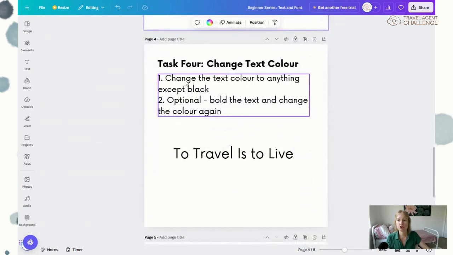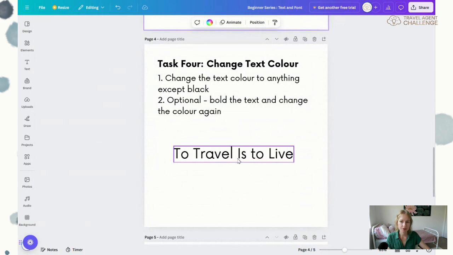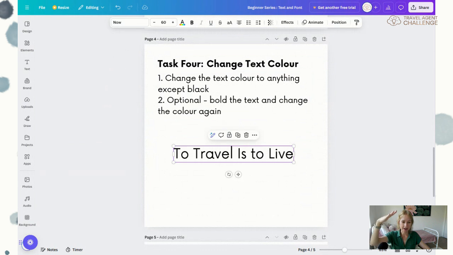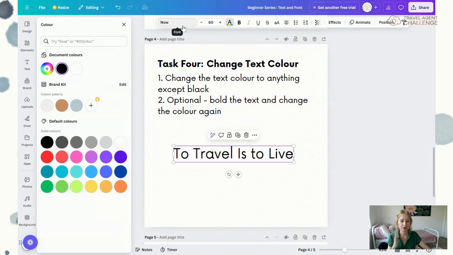Task 4 is to change the text color. So the text color, again, we're just going to use our simple quote here. We're going to change the text color to anything except black. So again, we're going to click on our text, and then our color is, again, right up the top. So we've got our font, we've got our font size, and then beside it, the little A with the rainbow underneath is the color. So if we click on that, what it's going to do is it's going to open